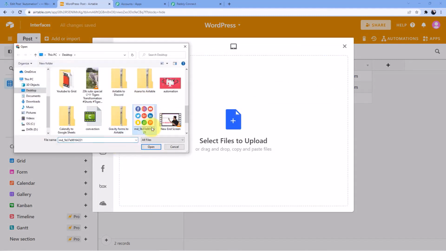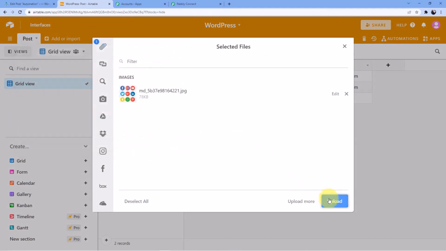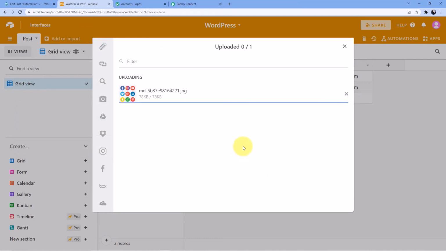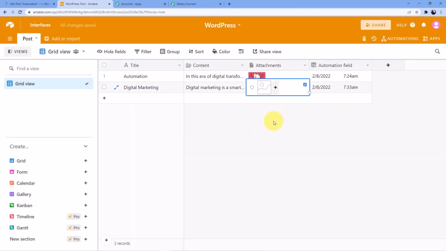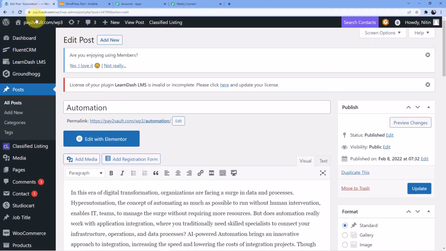I must have, okay, so this is the one. I'll just upload it. And as soon as I upload it, you can see the file has been uploaded, and when I click here, it will automatically be saved, and you can see here I have a new automation field created automatically. Okay, now what I'm going to do, I'm just going to go back here and I will refresh my WordPress,